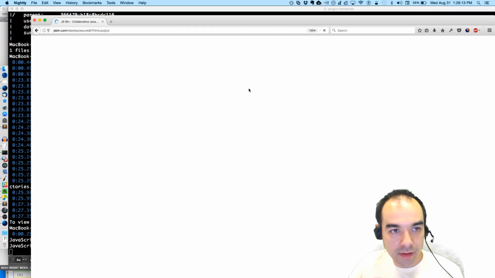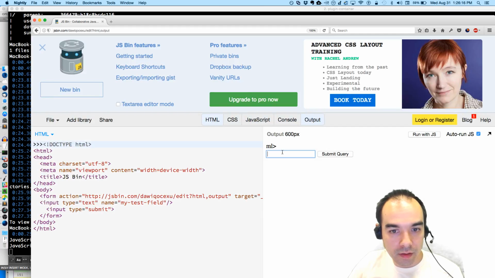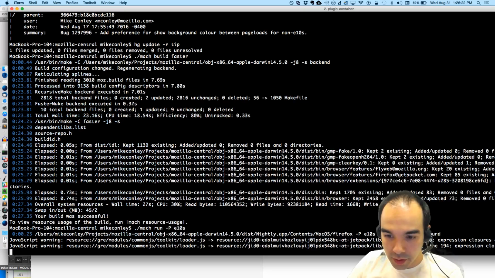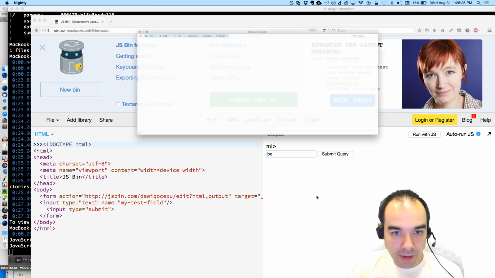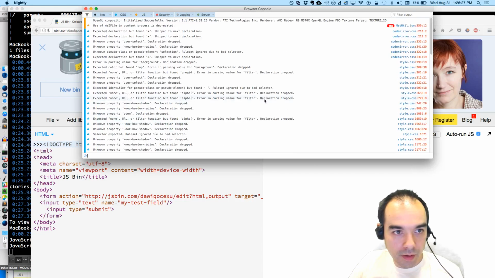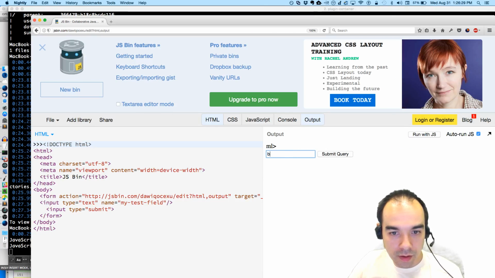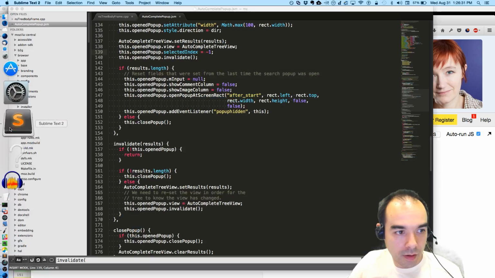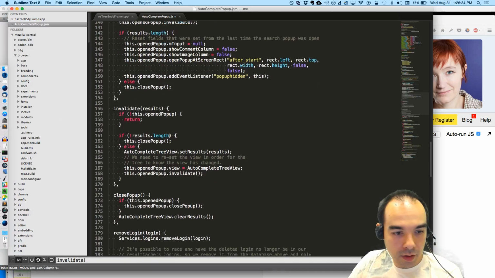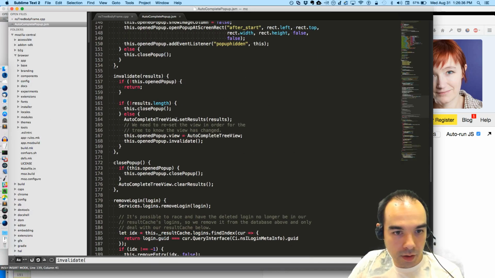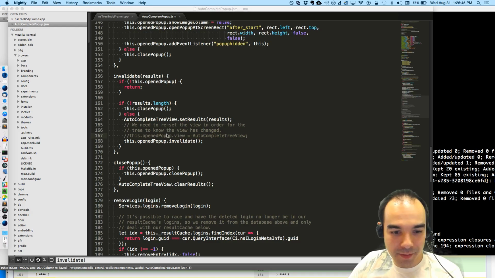Let's test. Oh, now autocomplete's just not working in general. Why would that be? And if I get rid of that line, does it work again?